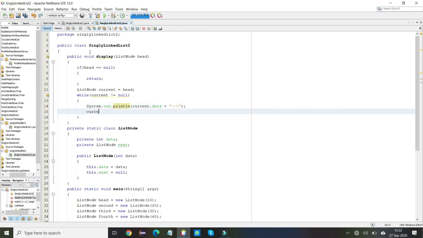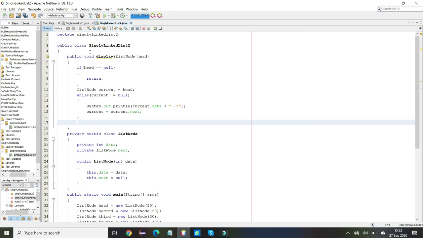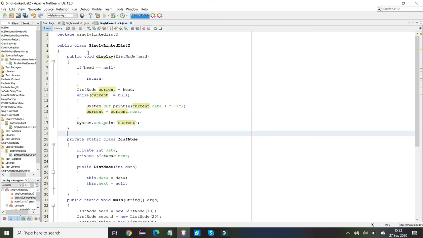Now we have to move the pointer to the next node, like this. But if current is equal to null, then we simply do this and print the current. Now we have created the display method.